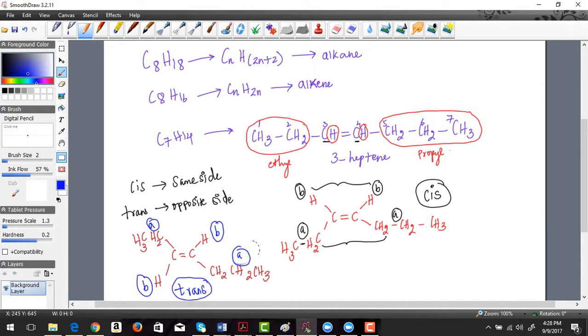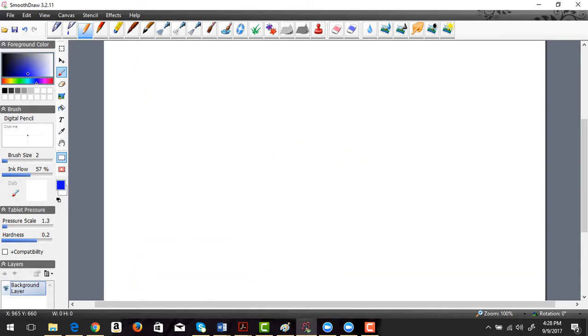Typically speaking, trans compounds are more stable than cis, because in chemistry the further the groups are apart, that's a good thing. So trans compounds are foundationally more stable than cis. Okay, so if we were to go back and redraw this compound,